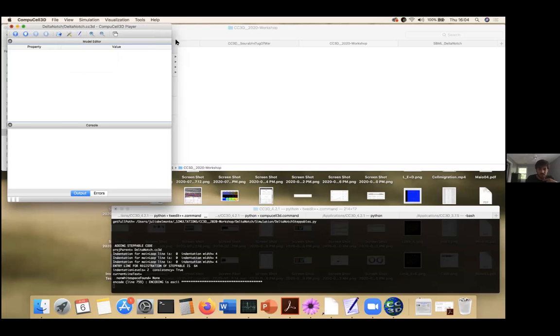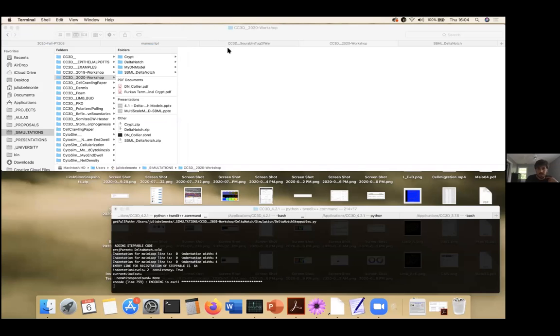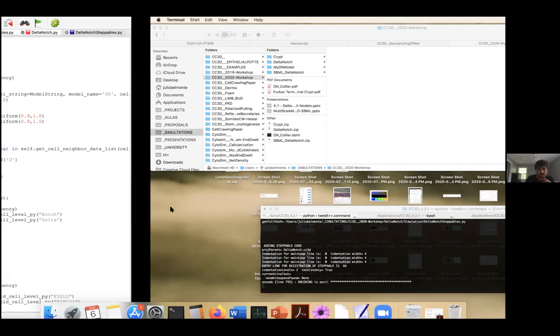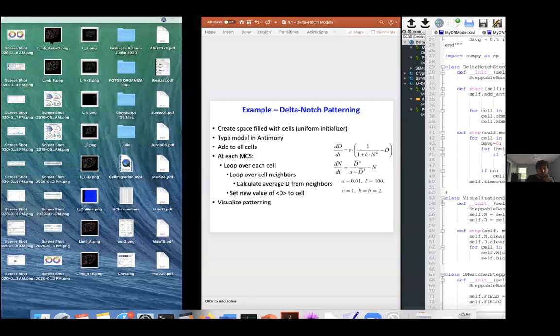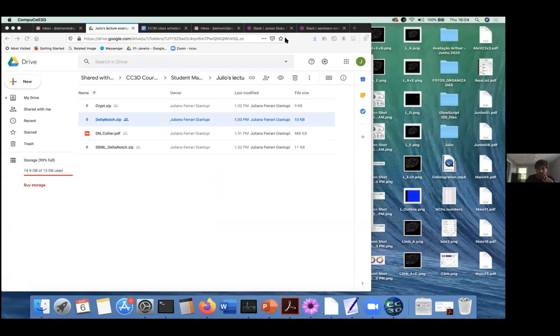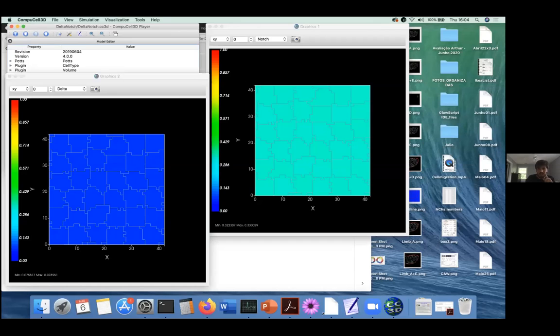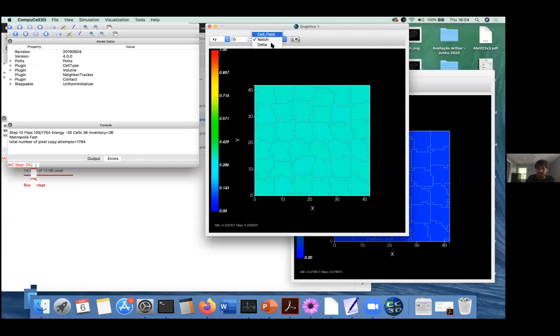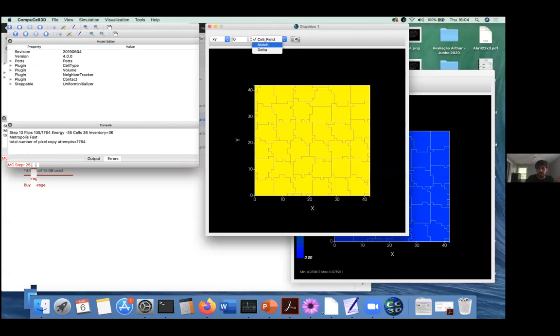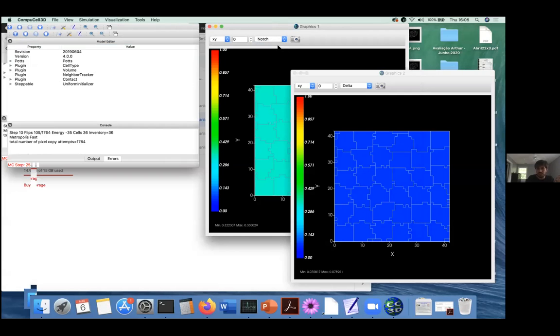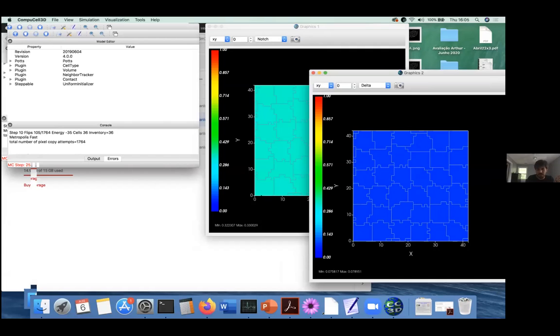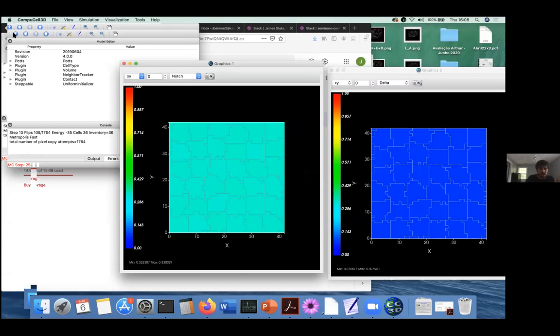I'm gonna go back here, left click here, opening the player. And this is the initial condition. You would see a cell field with all the cells filling up the entire space, and you should have access to the notch and the delta. So let's look at the notch here and the delta here. And if I just hit play,